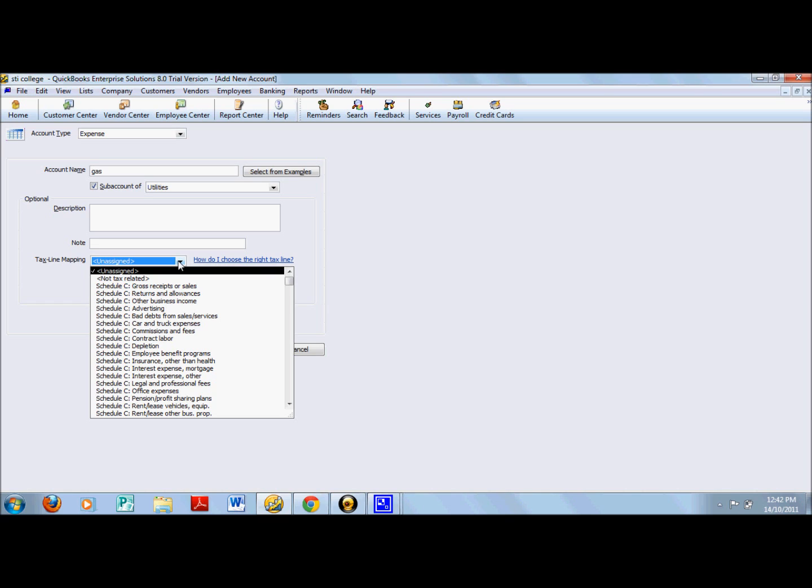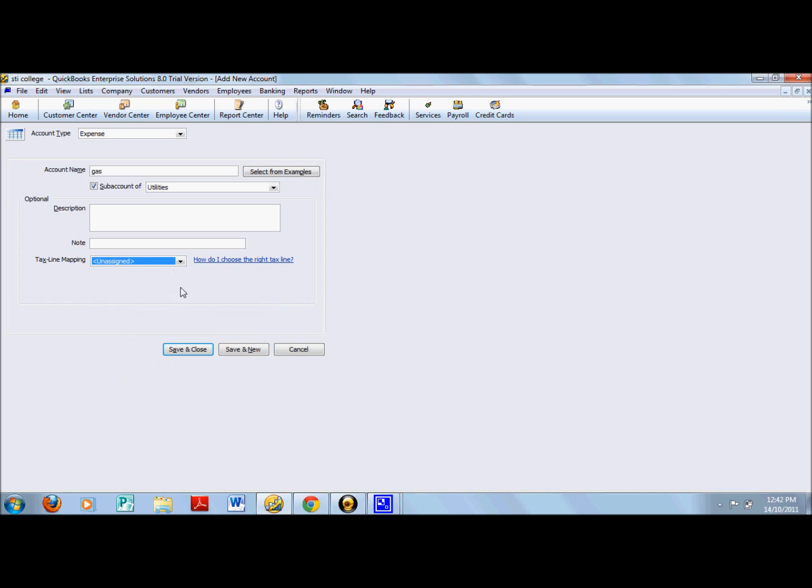A bank account for a sole proprietor doesn't have any required tax line data, for example, but cash account balances are recorded on the tax return for a corporation. So, recommended is unassigned. Then, save and close.